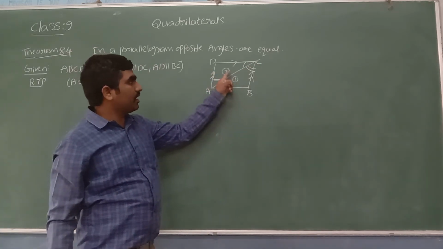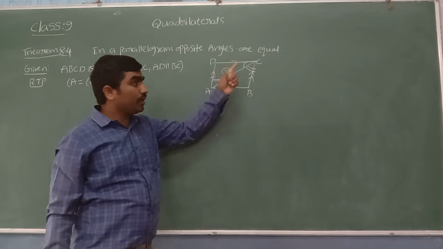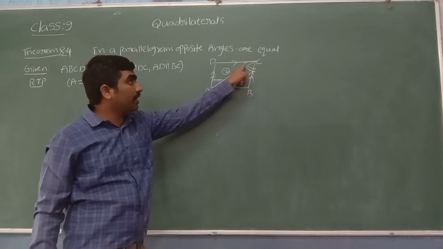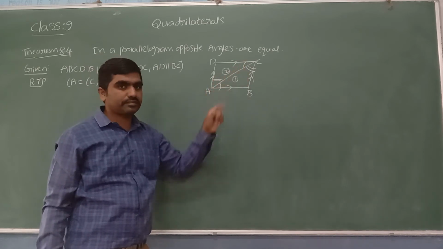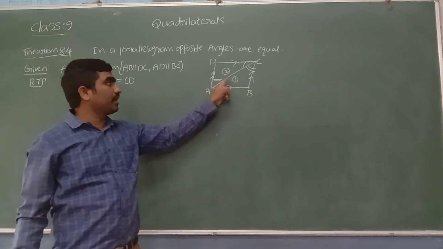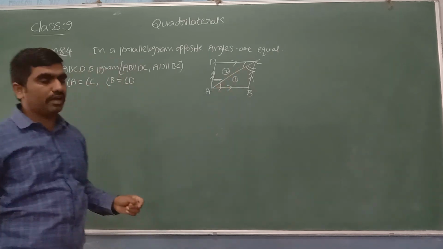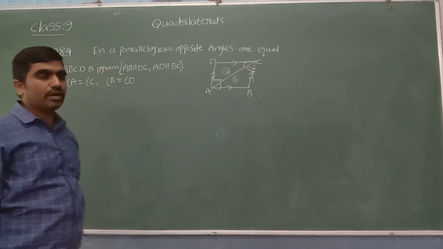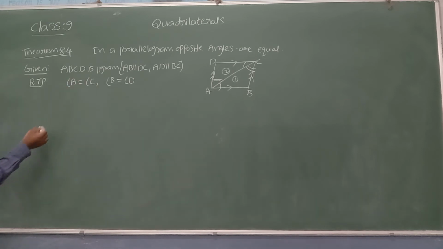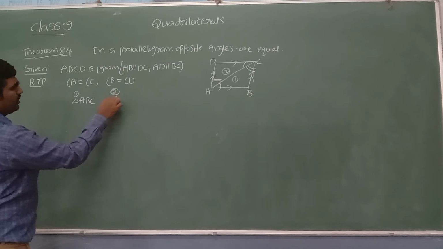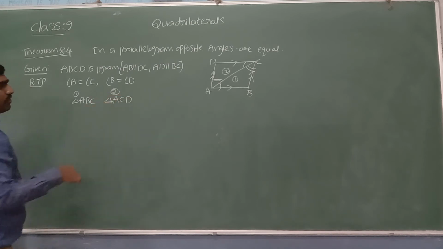Now see, in the first and second triangle, two angles are equal, one side is equal, and that side is included between those two equal angles. Now we can say that the two triangles are congruent by the angle, side, angle criteria. Now let us write the equal parts. My first triangle is triangle ABC, and my second triangle I took is triangle ACD.